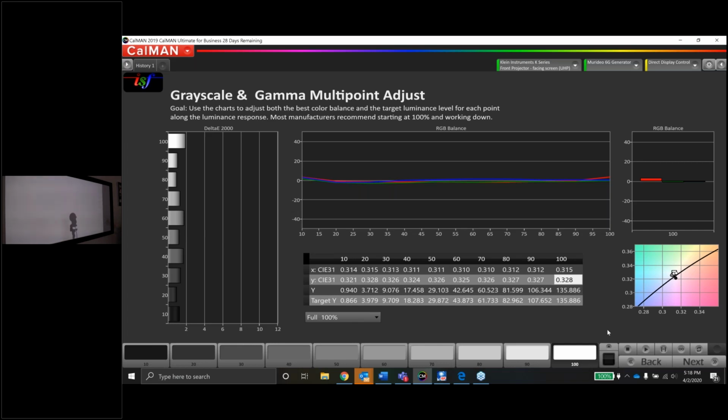Okay, great. So we're in tolerance, within tolerance, within tolerance. We're within tolerance on all the X values. That's great. And we're within tolerance on all of our Y values, which is awesome. There's a 321 down here. It's a little out of tolerance, but it just means it's lacking a little bit of green. So what the data is telling us is that level 10 should look kind of purple, but it's so close to being on target, or being within tolerance at least. I'm not seeing it in the 10 test pattern,